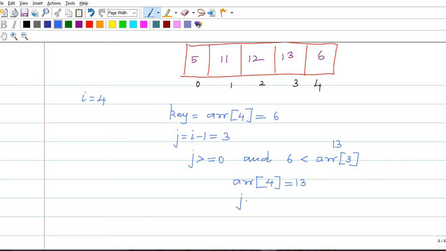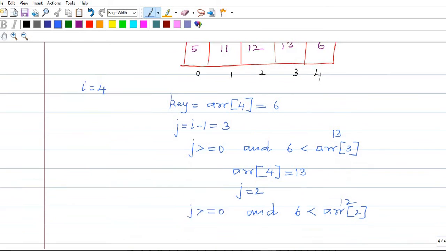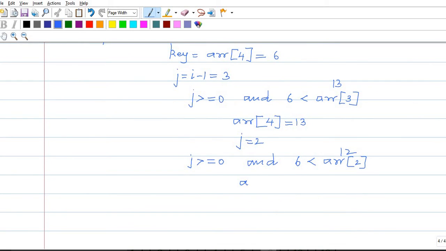Then j value is decremented. So j is 2. Again I am just checking the while loop. j greater than or equal to 0, the condition is true. Key less than ARR j, ARR 2 is 12, the condition is true. So ARR 3 is equal to 12. j value is 1.